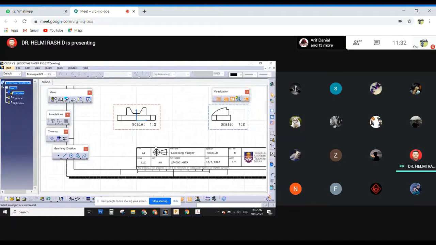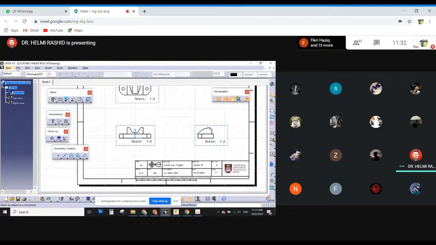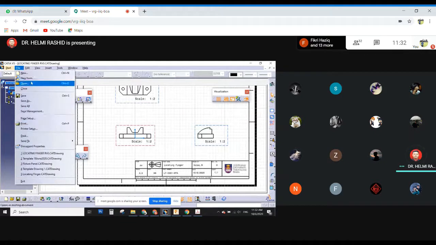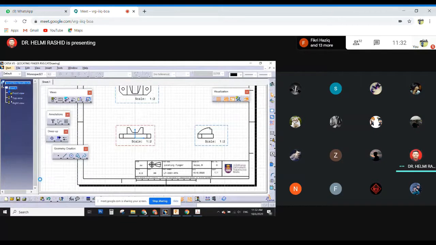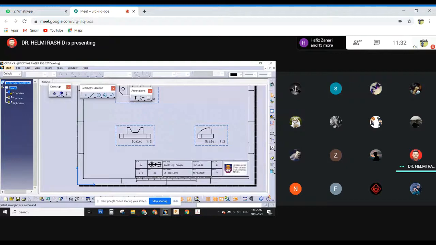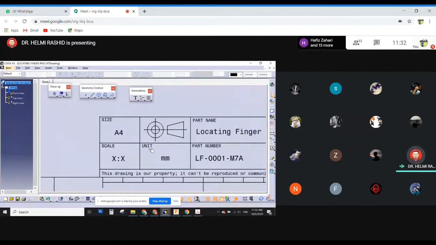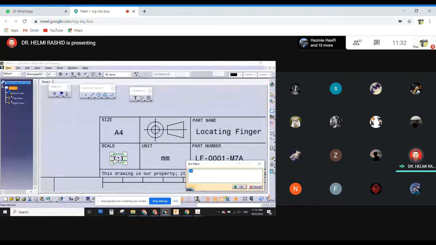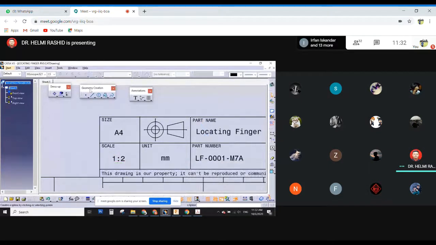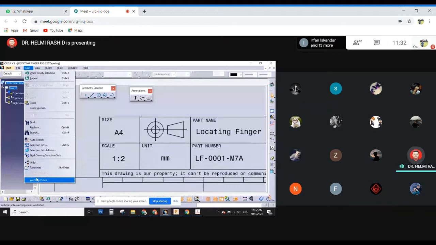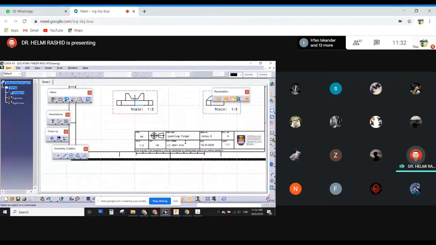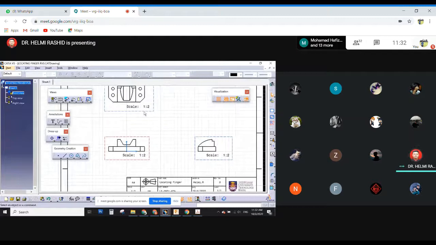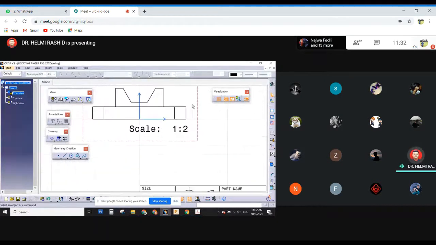So this is where you go to edit sheet background, and then you can simply change the scale here to be 1/2 scale. Then go back to your working views. If you have your scale inside your title block, do you need to show it in the projection views? No more, all right? So you can just